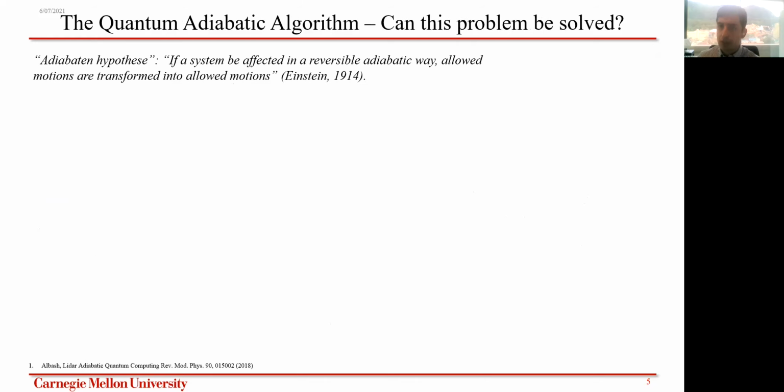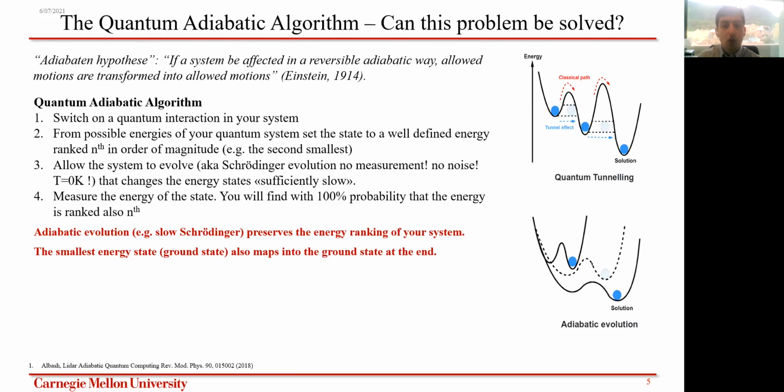We can start from the adiabatic hypothesis from Einstein, which means that a system, when it's affected in an adiabatic fashion, allows every motion. Using this kind of information, we can use the following property of the Schrodinger equation, which is summarized in the quantum adiabatic algorithm. Assume that you have a system, and this system allows for quantum mechanical interactions to happen within. This system can be sitting at a well-defined energy state, which has a ranking among all the possible energy states,